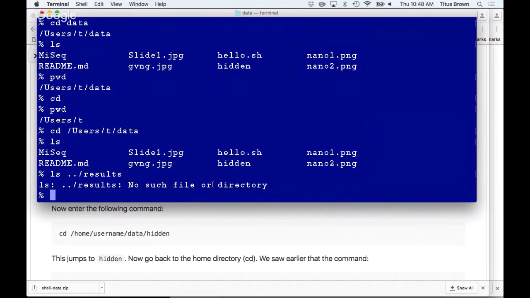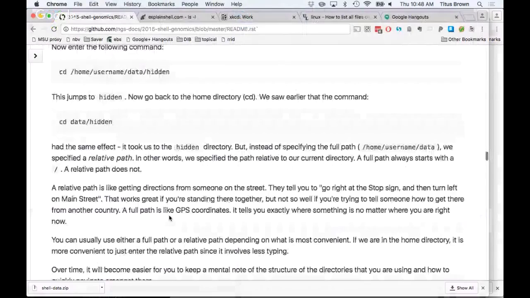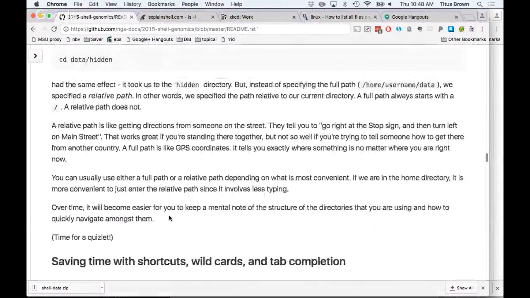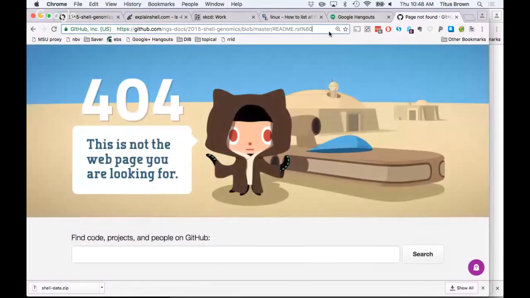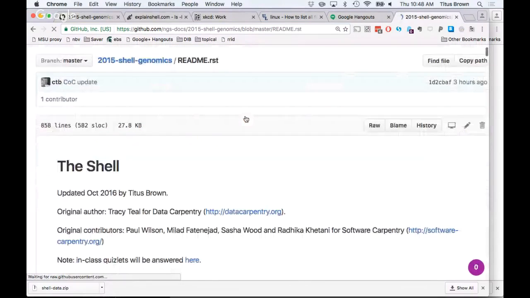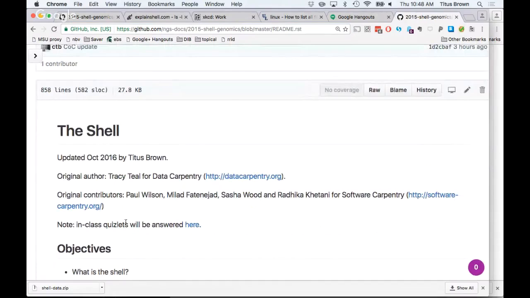Sorry. Okay. So I'm not going to talk too much more about this. Instead, I want to give you a little Quizlet. If you look at this README that you have, at the top there's a little note: in-class Quizlets will be answered here. And if you click on that, you'll come to a